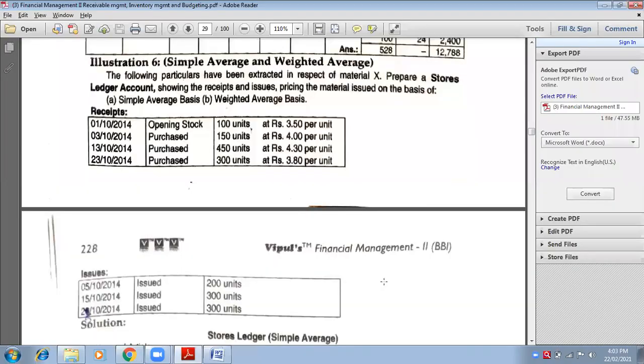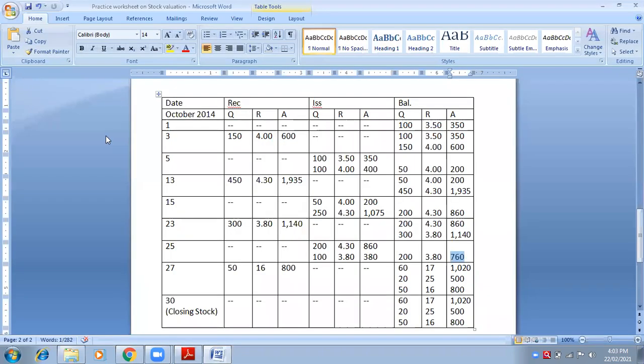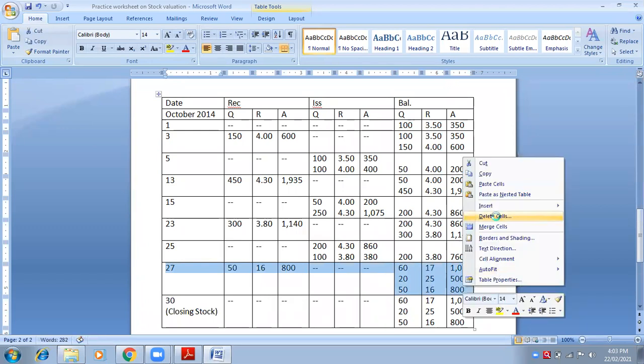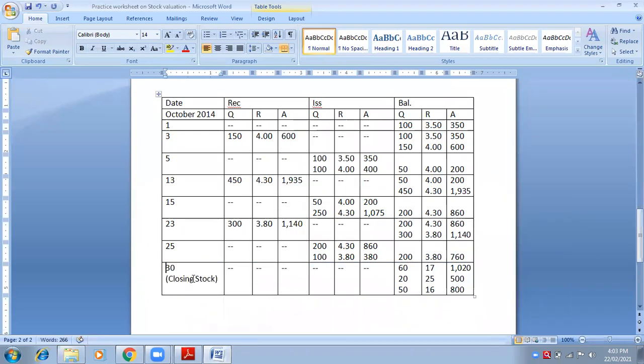Okay. Now, last. Do you have any other date except those given in the question? No, ma'am. So now I need to close and calculate the closing stock. Closing stock is always on the last date of the month. So we are in the month of October. Which is the last date of October? 31st. Yes, 31st. Okay, so this will be 31st.